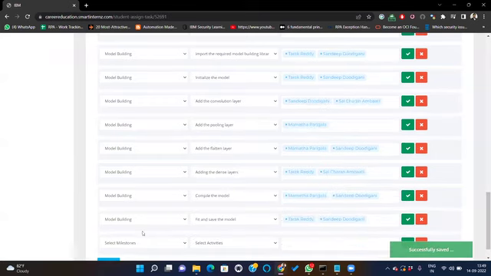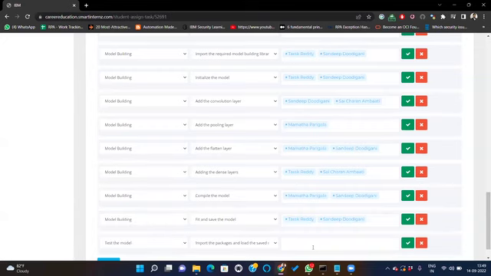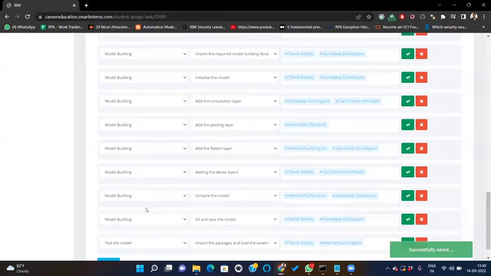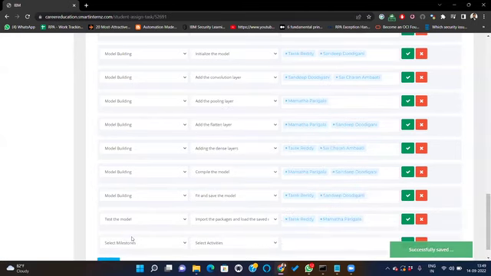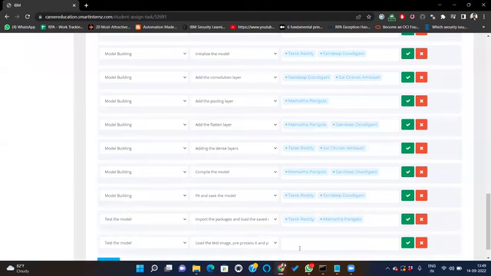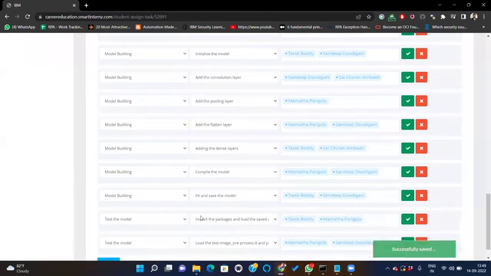Done. Then I'm going with testing the model, then importing the packages. I've written the code till here, model building. Now I'm testing it. Test the model, load the test images. Done.